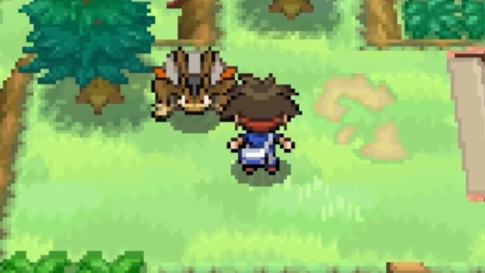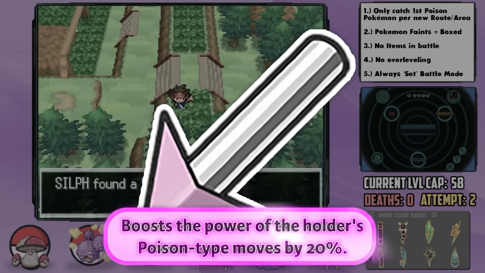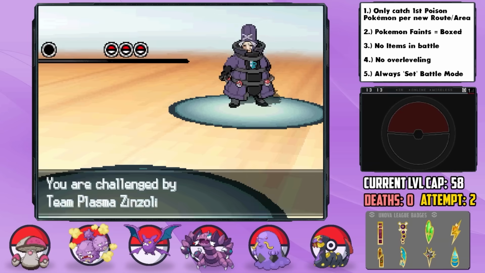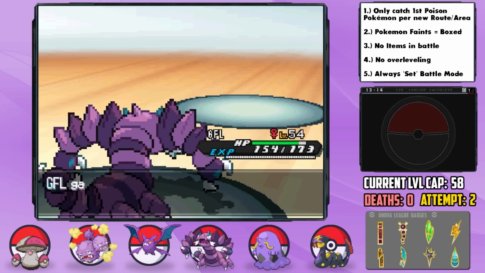Oh, hello, Terrakion. Sorry, I need something more important than you. There we go, the Poison Barb. Finally, we can boost our poison moves. Further to that, in the Seaside Cave, we can also find the Toxic TM too. Beautiful. After GFL carries us through the second Zinzolin fight with the help of Honeclaws and X-Scissor now,